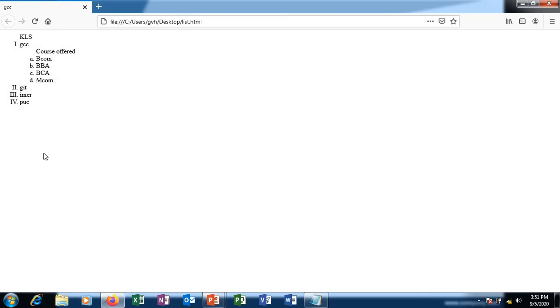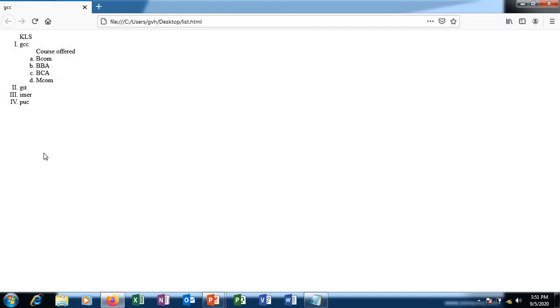So this is how ordered listing can be implemented, either a single list or a list with a sublist, and you can have 5 options. To have uppercase letters, you type OL type equals to uppercase A. To have lowercase alphabets, in OL type you have to use small a.